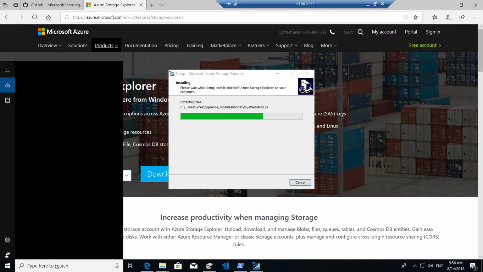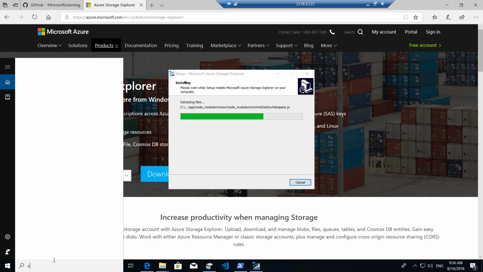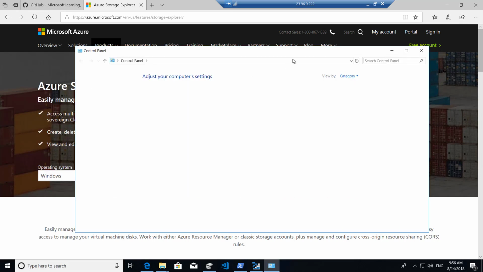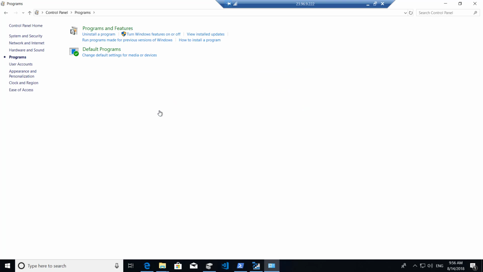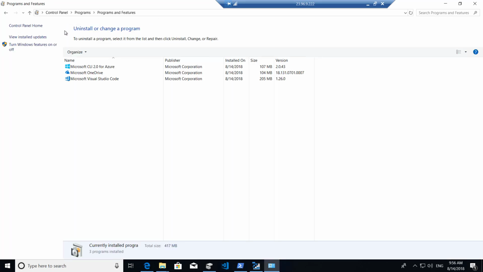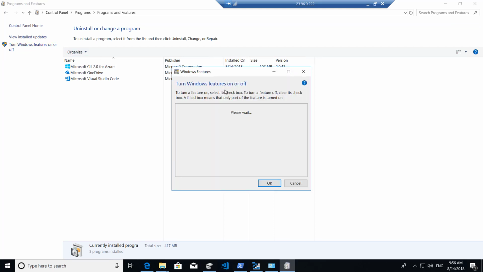To do that, I can click on type here to search and search for control panel. In control panel, I can go on programs and features, and I have this option to the left that says turn Windows features on or off. If I select that option